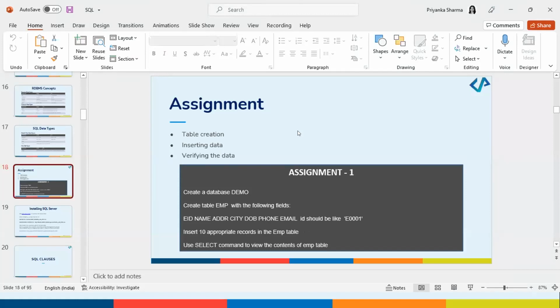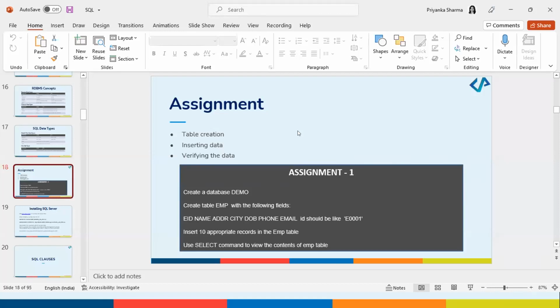The next query, we had to create a table. So we said create table and give the name of the table and put the fields there. What all are the fields? EID, name, address, city, DOB, phone, email ID, isn't it? These are the different columns that you have given. And then what you had to do, you had to use a query which is very good, Musham, insert into. So you will say insert into table name, and then you can give the records. Employee ID, for example, Eve001. Employee name, let's say Nilima, right? Address, Bangalore. City, DOB, phone, email address, whatever values are there, we could have given it. Right? That is how this assignment had to be solved.